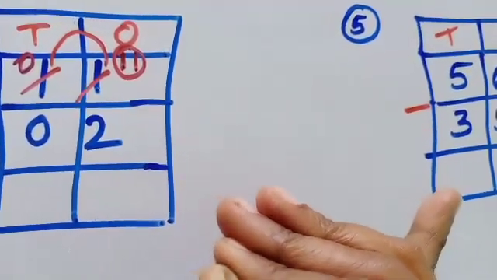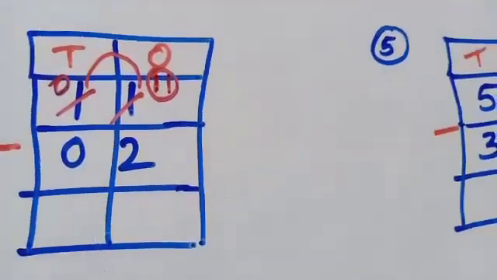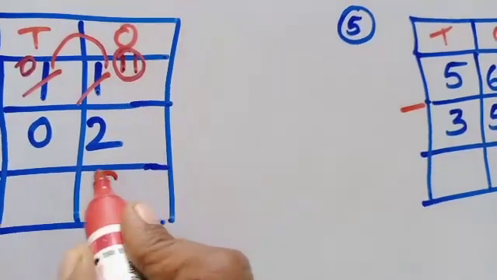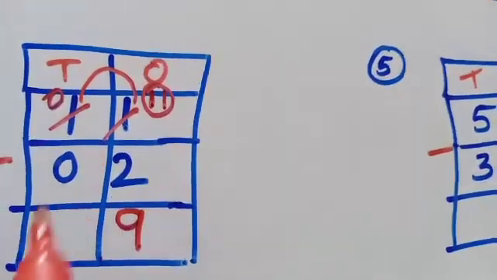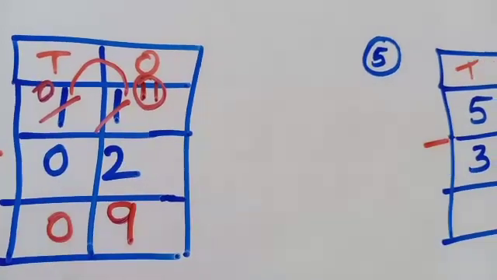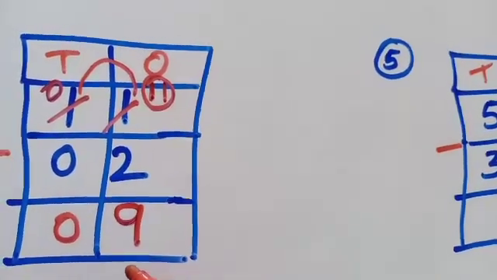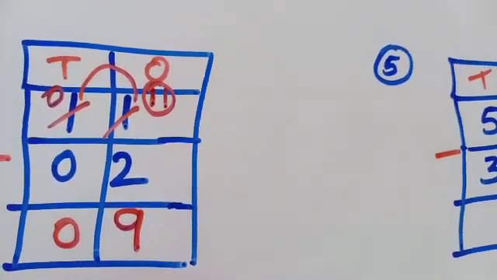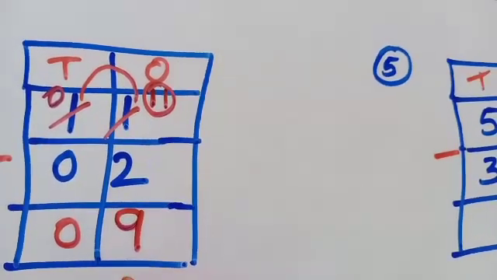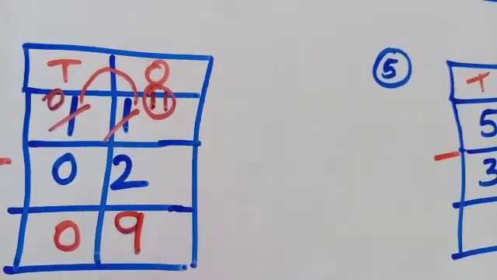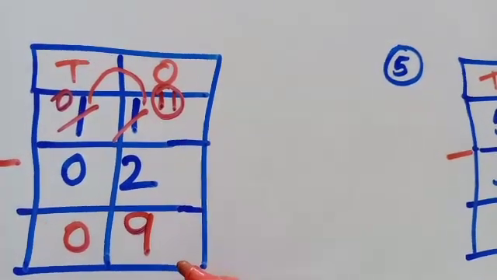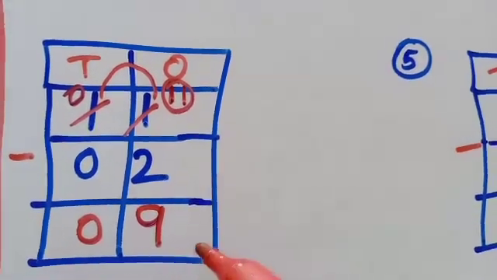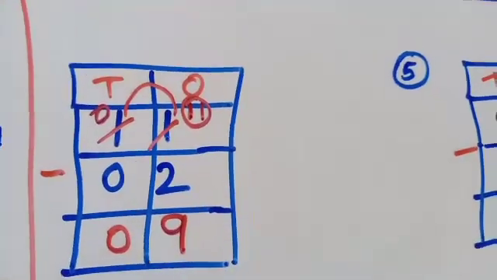So how much did we get as the answer now? It is 9. 0 minus 0 is 0. So what is the total answer? How many pairs of jeans does Ritu have now? Ritu has 9 pairs of jeans. Okay. So the answer is 9. Let's move to the fifth question.